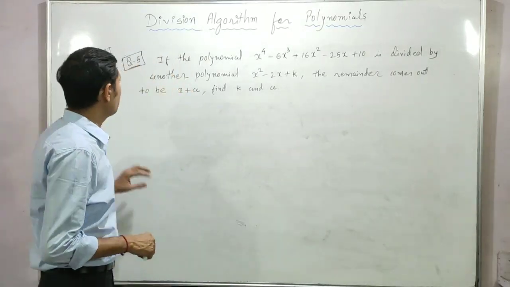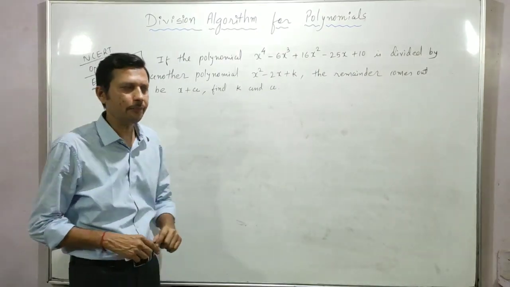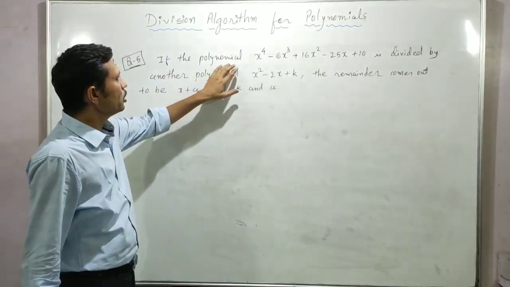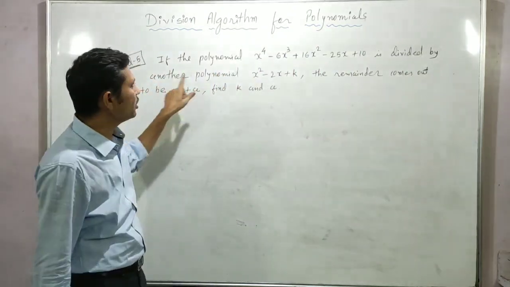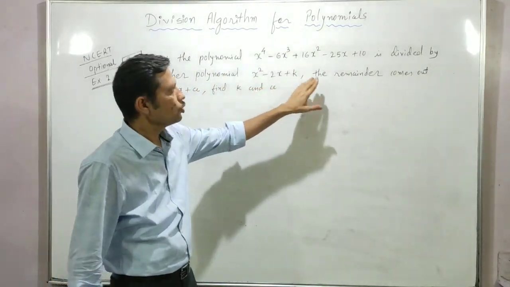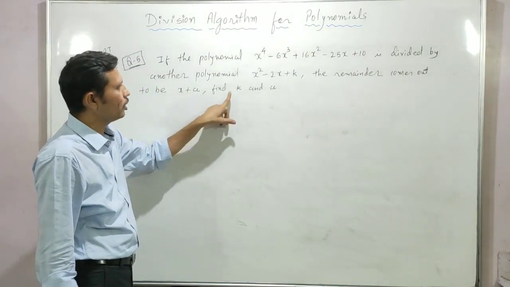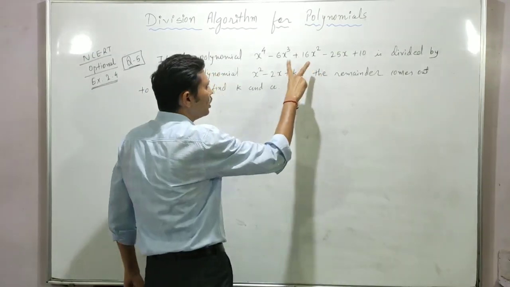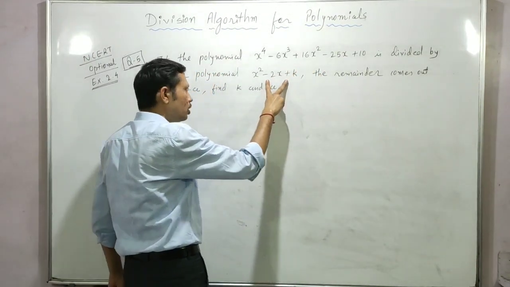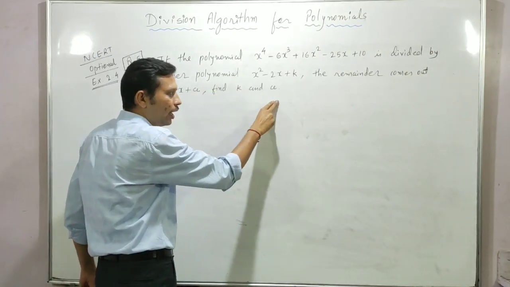ओके, सो ऐसे काफी एग्जांपल्स आप अलग अलग बना सकते। ओके बच्चों, अब हम अपनी टेक्स्ट बुक का ऑप्शनल एक्सरसाइज का सबसे लास्ट क्वेश्चन करने जा रहे हैं। हियर if the polynomial this one is divided by the another polynomial, so the remainder comes out becomes the x plus a. So find the value of k and value of a. That means if this polynomial is divided by this polynomial, so our remainder is x plus a. So find the value of k and a.